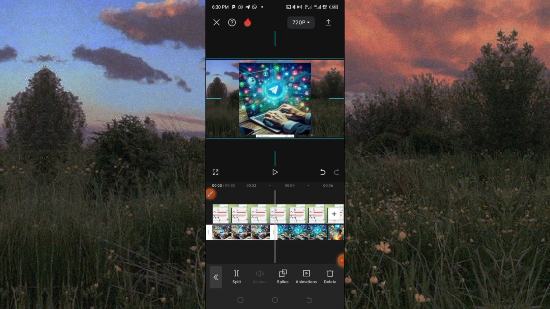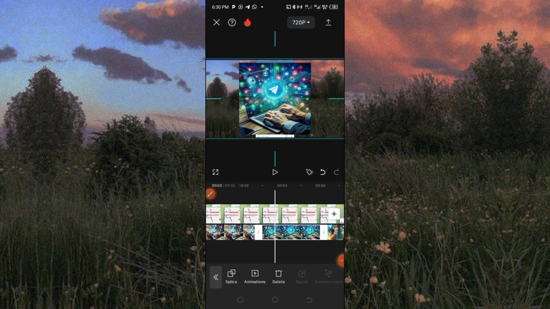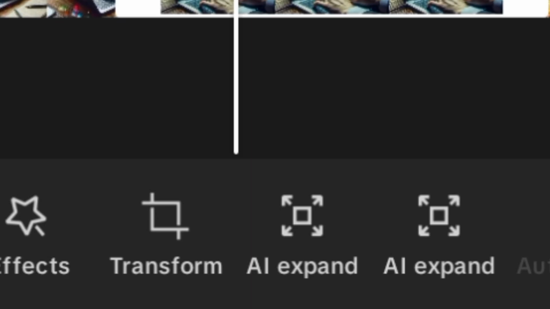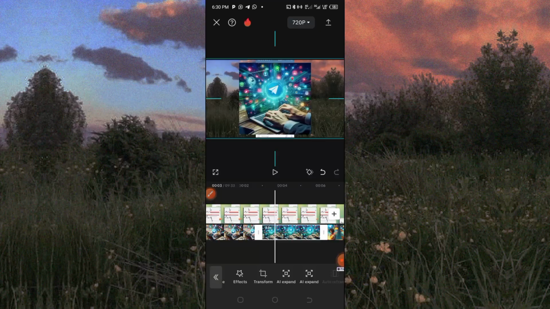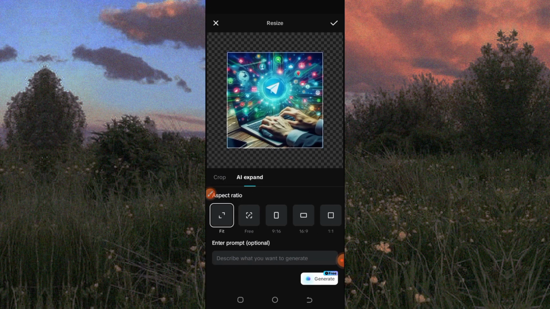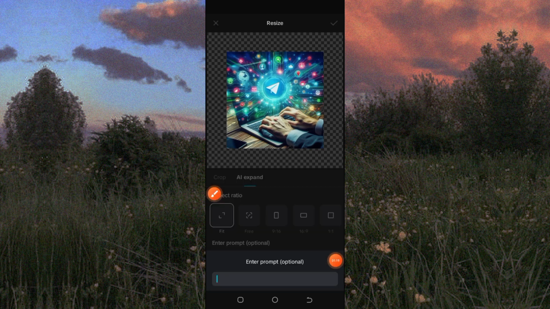So let me also do this one. This is another one I have just downloaded from Bing Image Creator. So let me click on it. I will have to select it, then I'll scroll and look for the AI Magic Expand, AI Expand. I'll click on it, and from here you enter the prompt, guys. Here you can enter the prompt, and I will say,